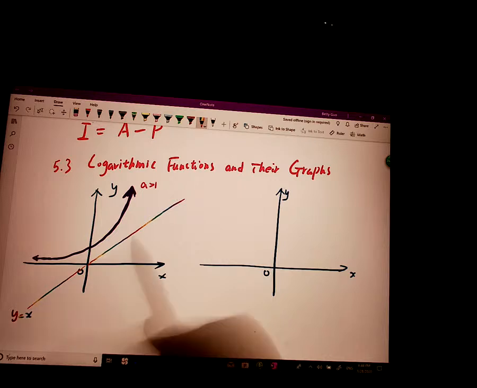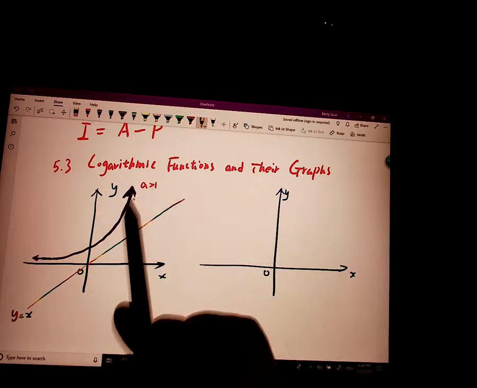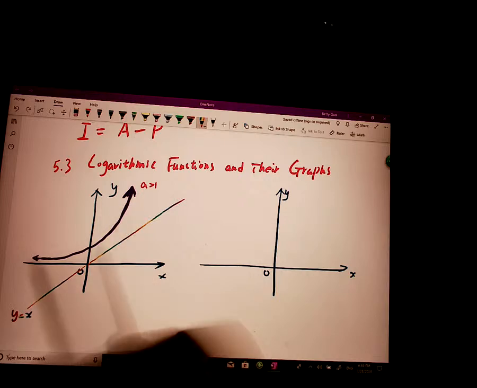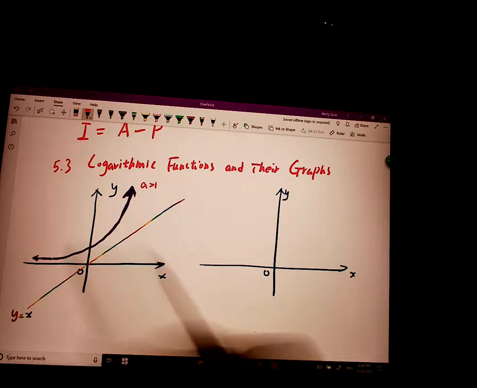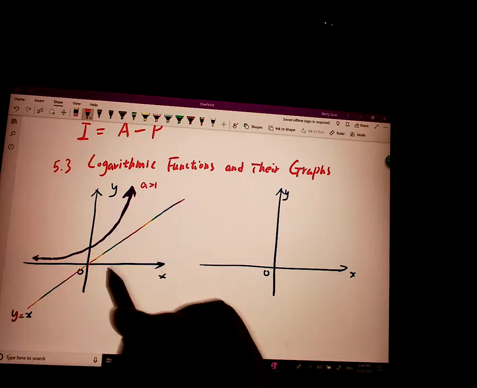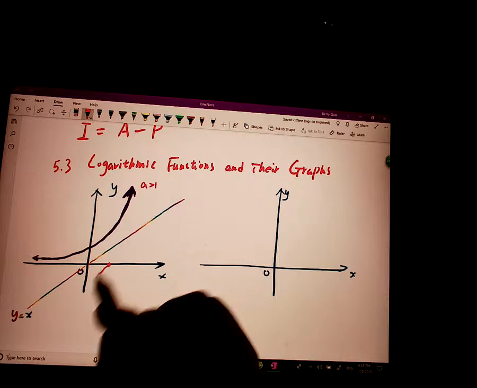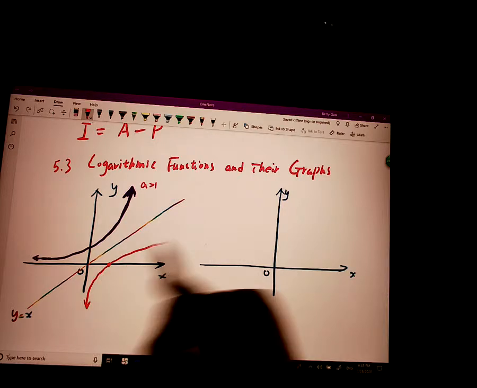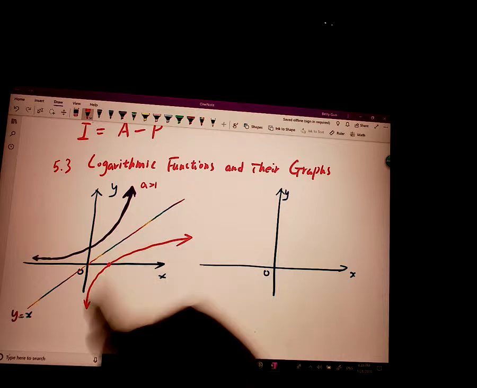So remember, we define the logarithmic function as the inverse function of the exponential. This is the exponential. As the inverse function of the exponential function, the graph of the logarithmic function is going to be symmetric with respect to the bisector. So the graph is going to be this. If you turn your head 45 degrees to the right, looking at the diagram, you would see this red graph. This red curve